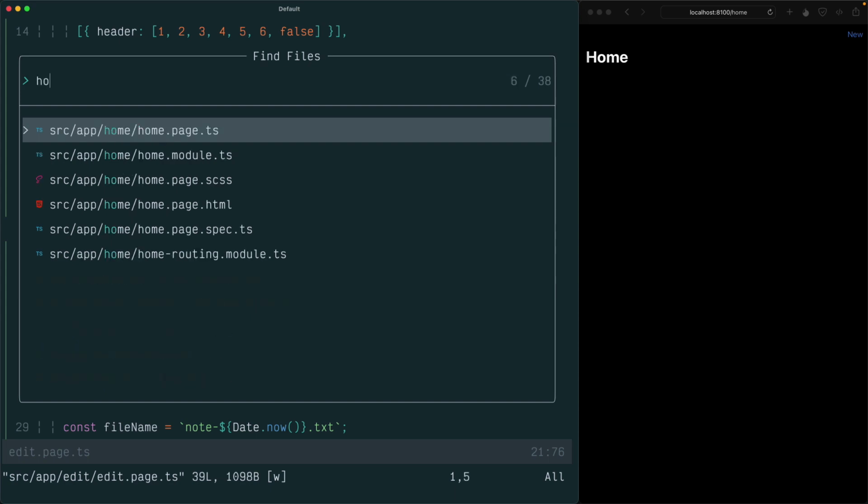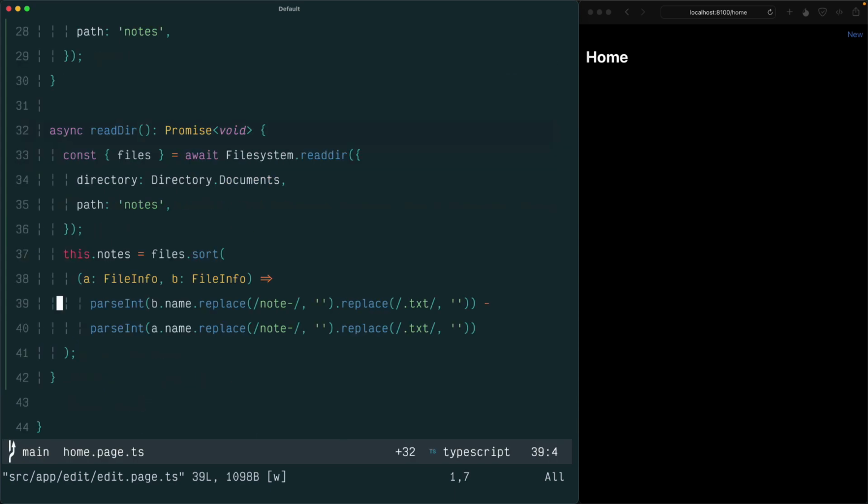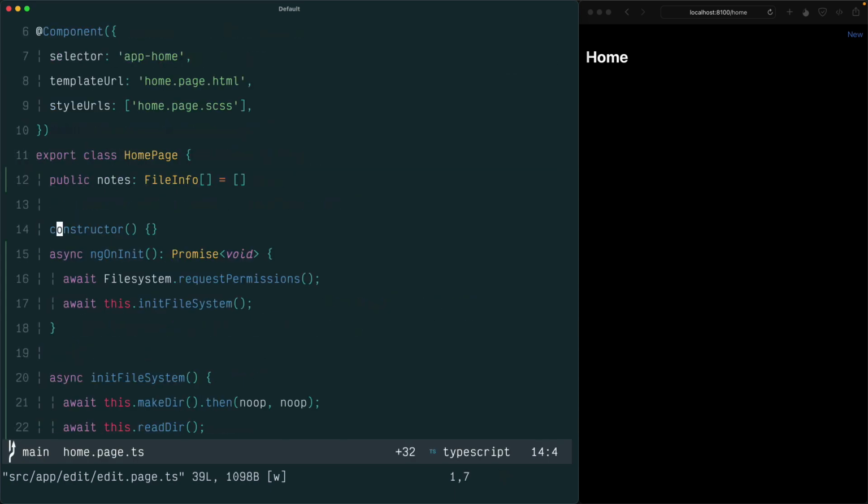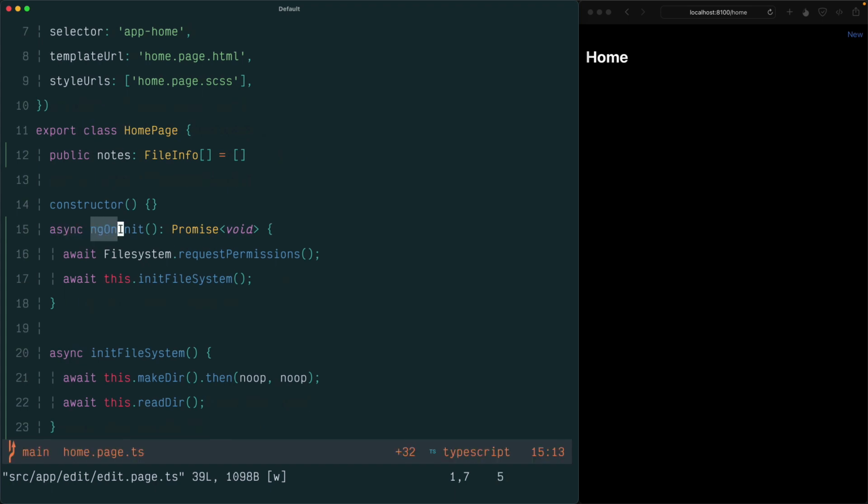To fix this, we'll go to our home page, and instead of using ngOnInit, we're going to use an Ionic lifecycle method. We'll use ionViewDidEnter. To explain the difference between these two, ngOnInit is only ever going to fire once a component has been created. Because of the way Ionic's routing system works, we actually are never destroying components when we navigate away from them. So ngOnInit is going to be great for something that is only going to fire